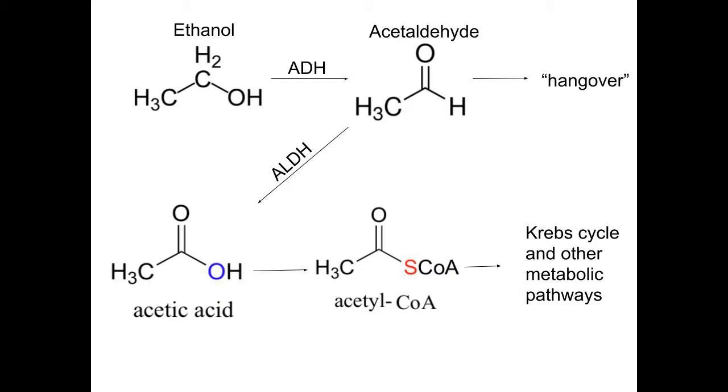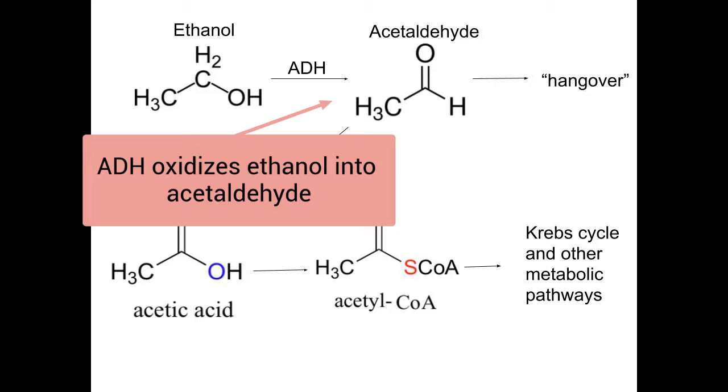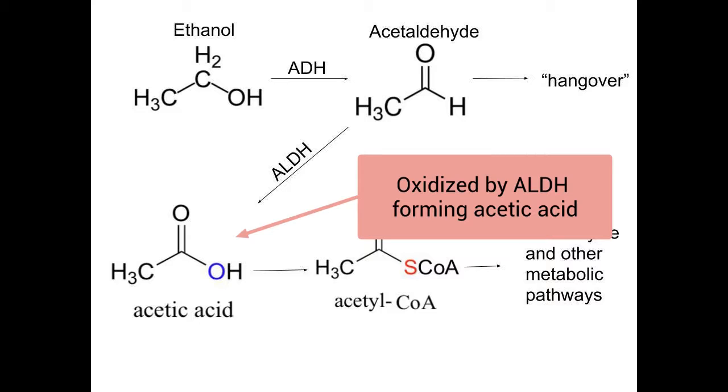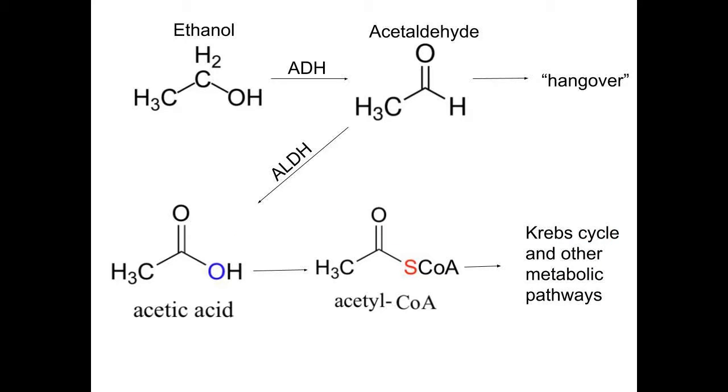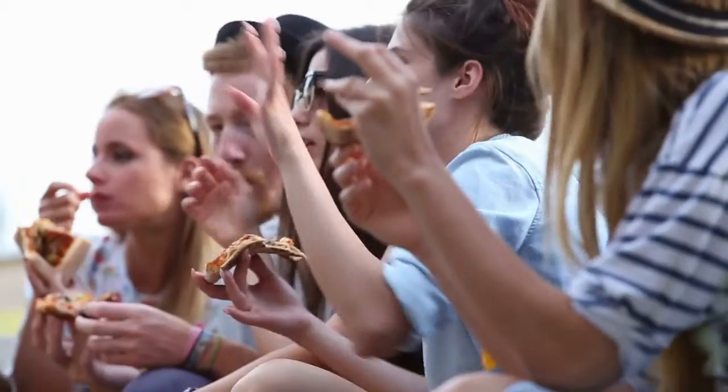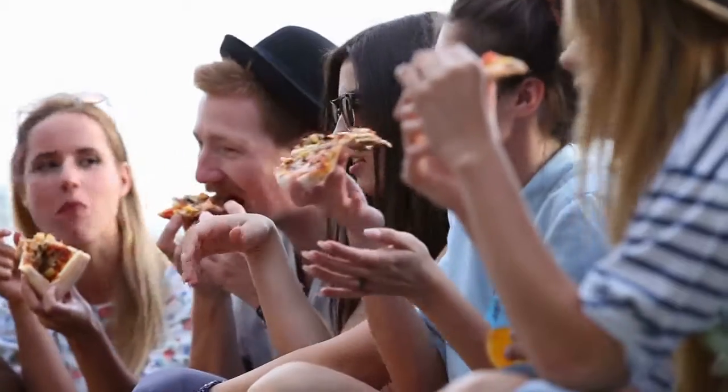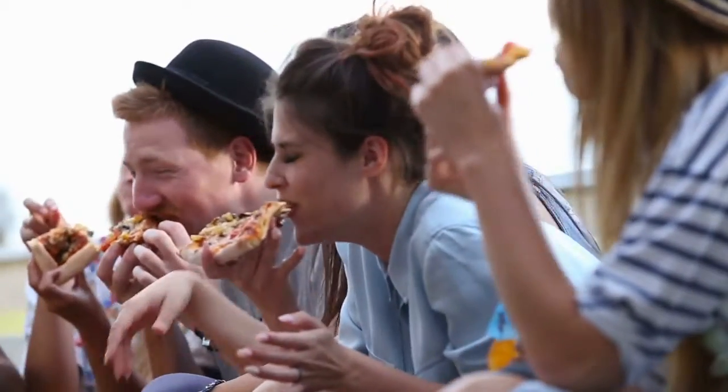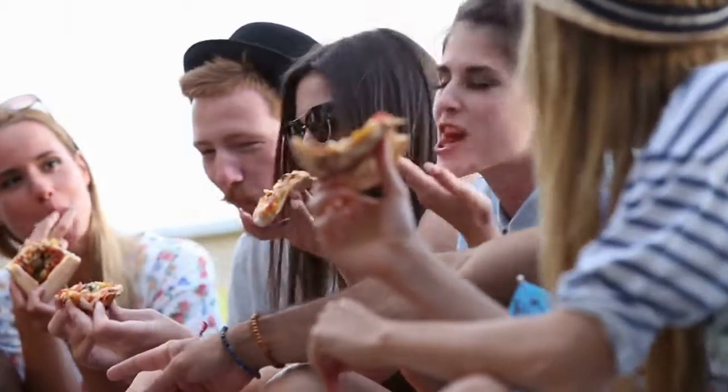In this figure, it shows the process of how alcohol dehydrogenase, or ADH, and aldehyde dehydrogenase, ALDH, metabolize ethanol. The first enzyme, ADH, oxidizes ethanol into acetaldehyde, which is further oxidized by ALDH, forming acetic acid. The acetic acid then can be turned into acetyl coenzyme A, or acetyl-CoA, which goes to the Krebs cycle to release stored chemical energy for ATP production, or uses fatty acid production pathways to synthesize fats for later use. Acetaldehyde buildup accounts for unpleasant feelings of hangovers, therefore people born with low levels of ALDH find consuming ethanol unpleasant.